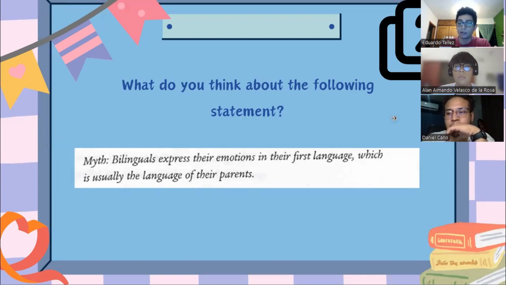For example, in Italian, I know that Italian people use their hands a lot to express emotions, to communicate. It's a very communicative language, a very gesticular language. So I think that it depends on which language is your first language, and the situation in which you are, because I don't think it is the same if you are in an English-speaking country and your first language is Spanish. Even if you have lived there for a lot of years, I don't think that you are going to use English to express anger or a lot of happiness.